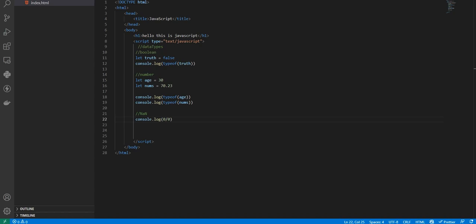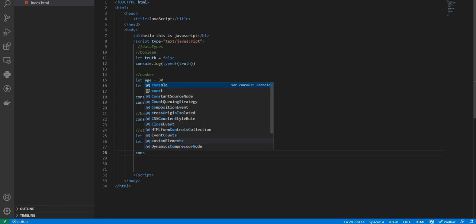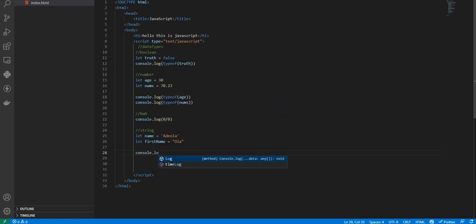So we have another data type we refer to as a string. Strings are literally text in quotes. I can say, let name equals to Adiola, and under it let firstName equals to Ola. So if I save this, if I come here and I console.log name, typeof name,